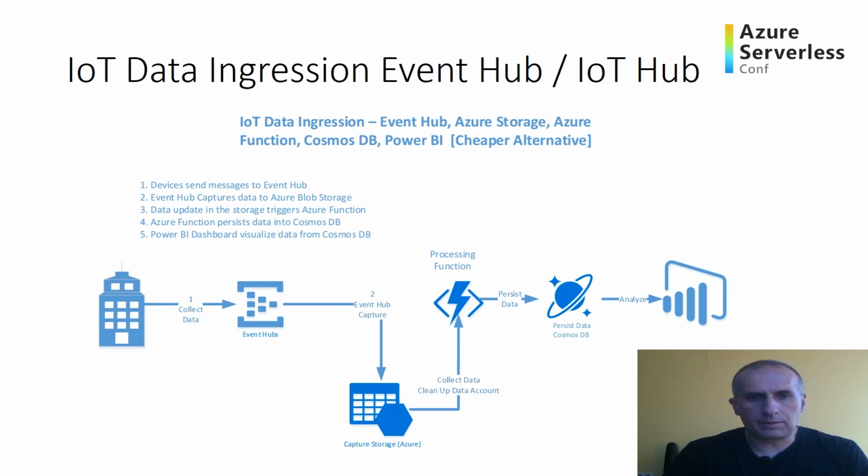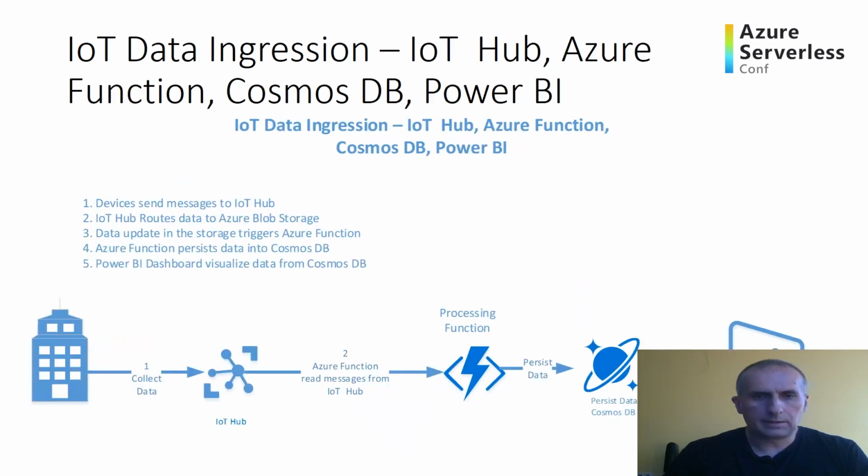And from CosmosDB, Power BI can consume this data directly without any specific issues. It is possible to have the same approach, but without the need to persist data in between in storage. It is possible directly using Azure Functions to get data from Cloud Gateway and to persist it in a specific database like CosmosDB. After that, Power BI can get this data and present